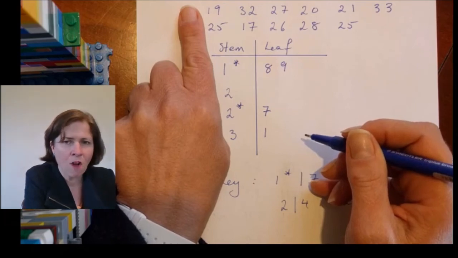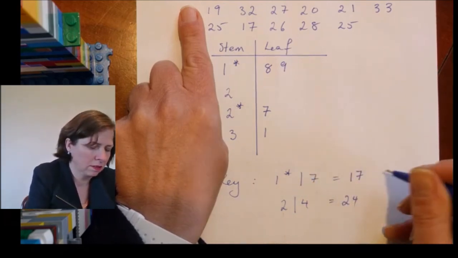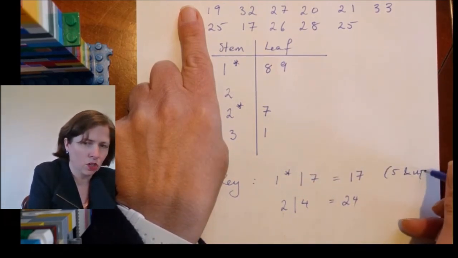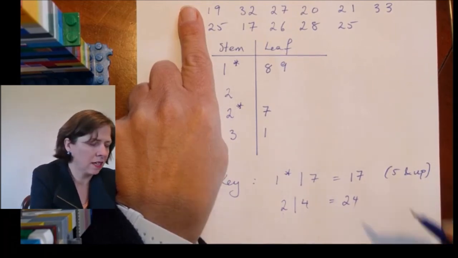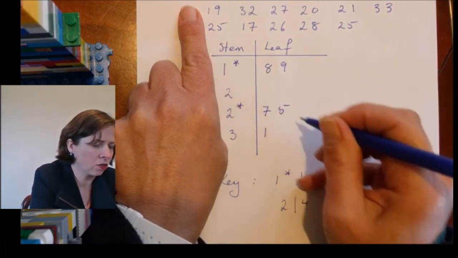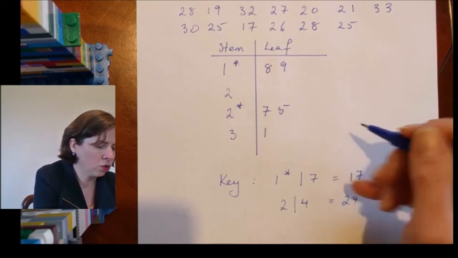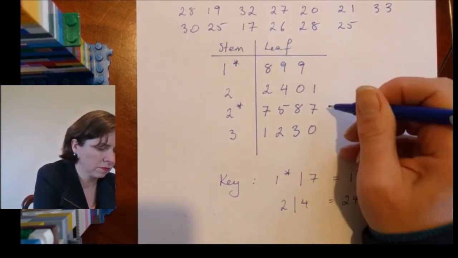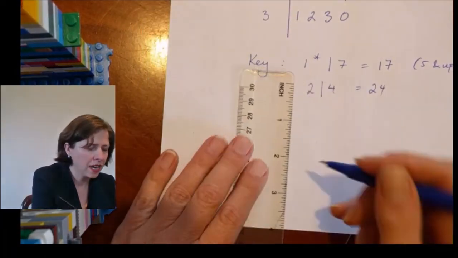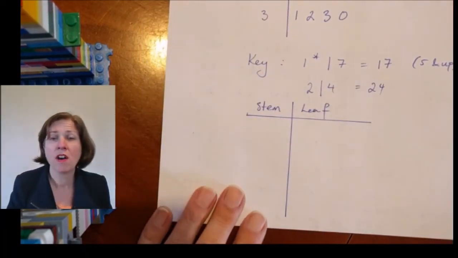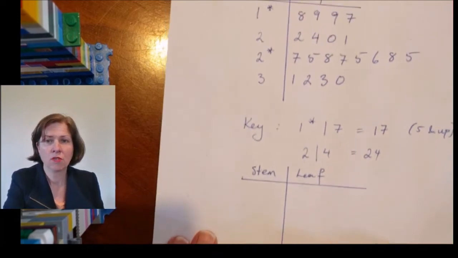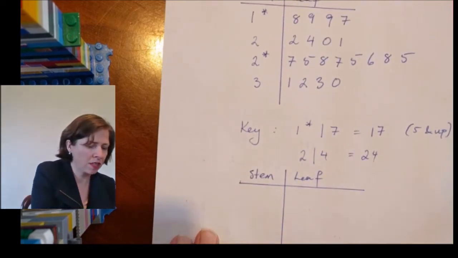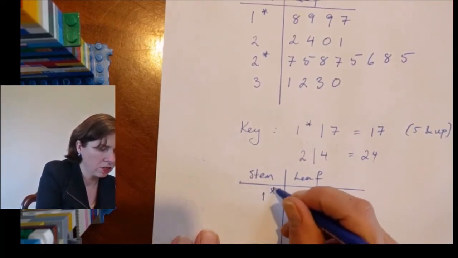25, 5 and up, goes in the asterisk half. So 25 is going to go here. 22 will go in the first half. 20. So now I'm just going to rewrite it in order. So I take the numbers that I've got and I write them in order. So I've got 1 asterisk,